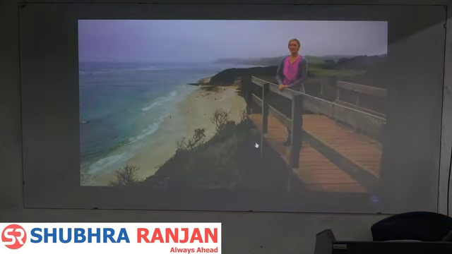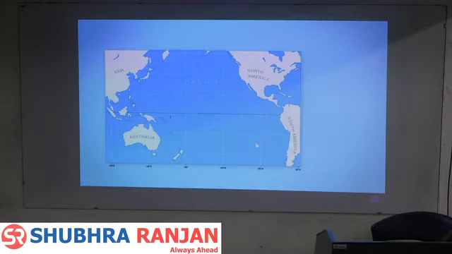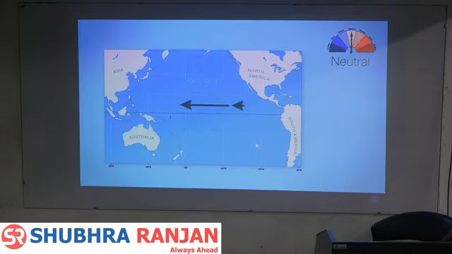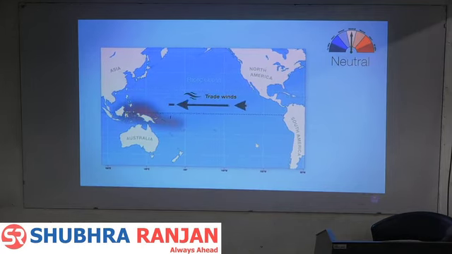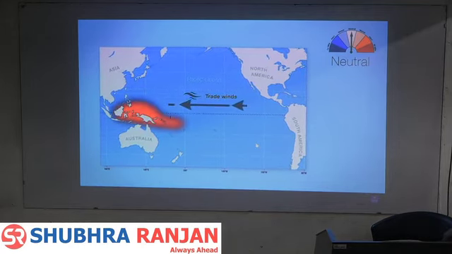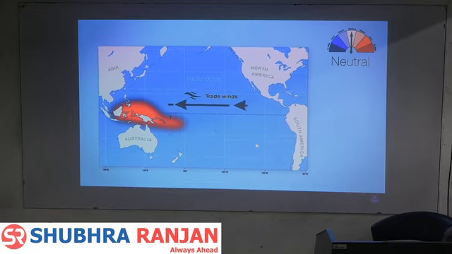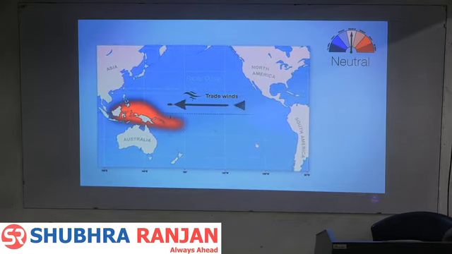So what are these ENSO phases, and how do they impact Australia's climate? Well, during the neutral phase, steady trade winds blow across the tropical Pacific from the east to west. These winds pile up warm water in the western Pacific. In contrast, water temperatures to the east are lower as the trade winds cause cool water to be drawn up